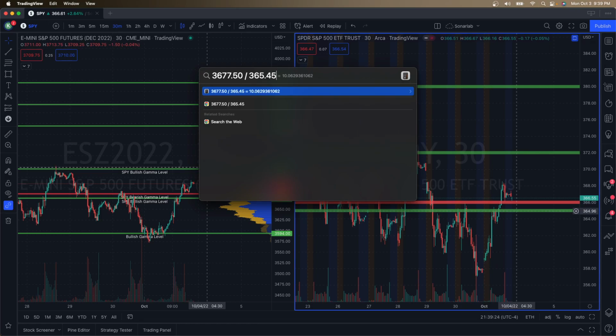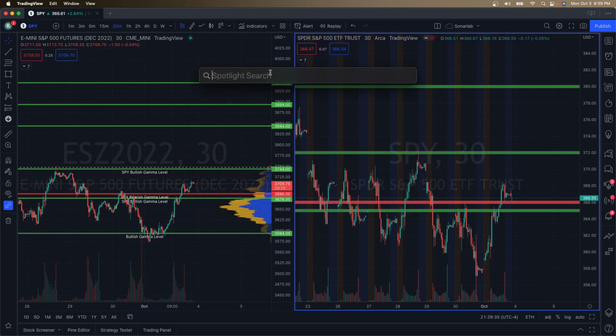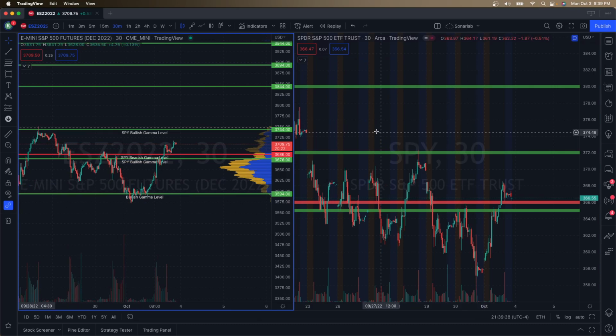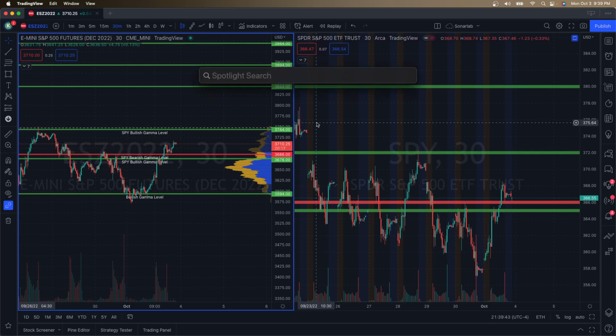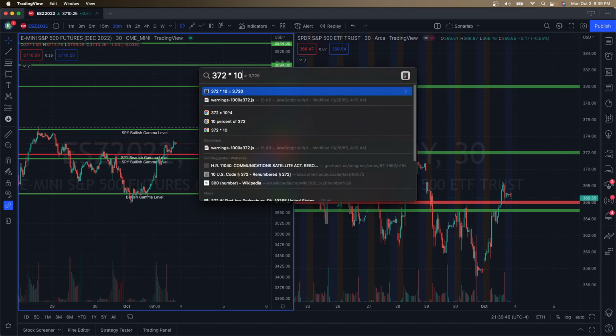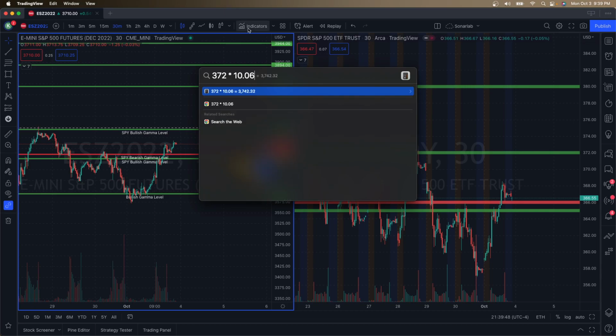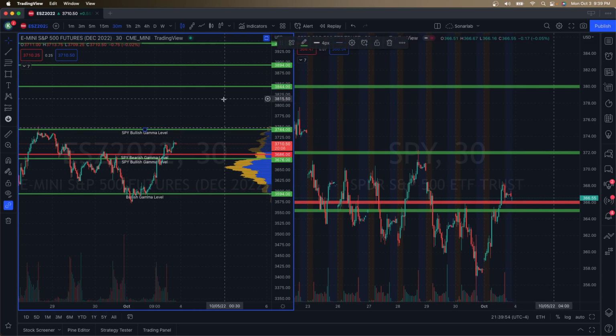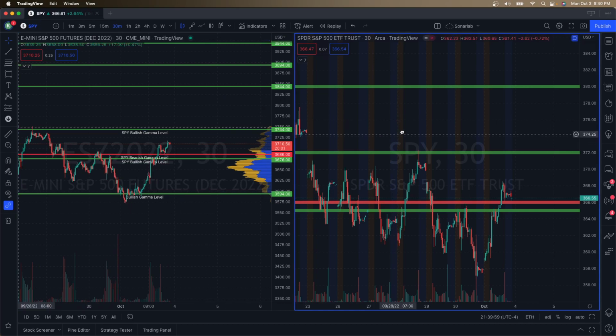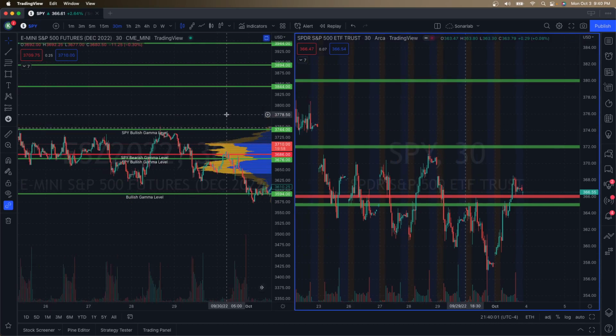Okay, so it's 10.06, and basically, if you take SPY's current price and multiply it by 10.06, then you'll get an idea of the ES level, and you can do that with the other gamma levels. So with this one being at that 3372 level, we could say multiply that by 10.06, and that will give us 3742, and based on what we just talked about, we actually would more than likely be 3744 because it's an ES level. So hopefully what I'm talking about here makes sense, but it is how you can translate these